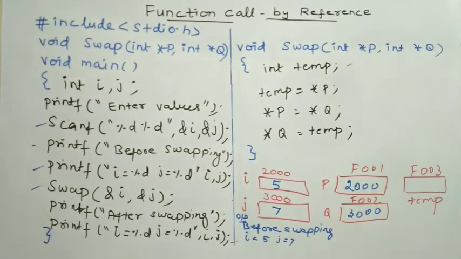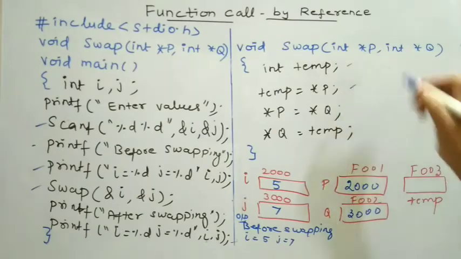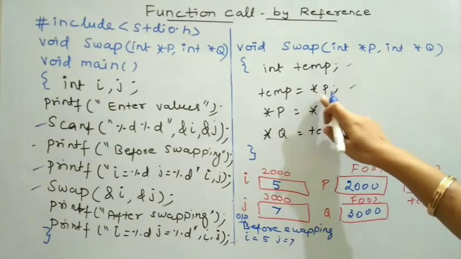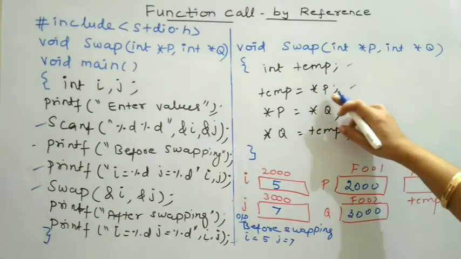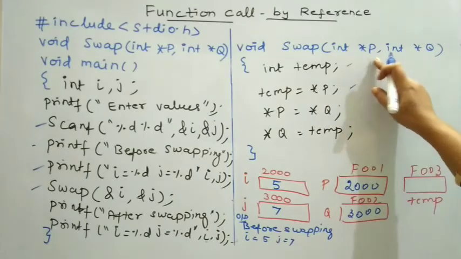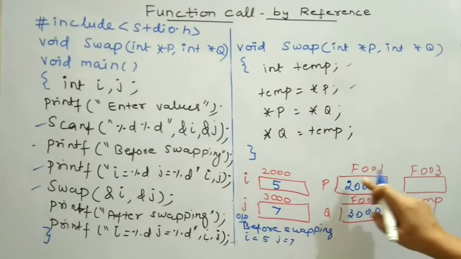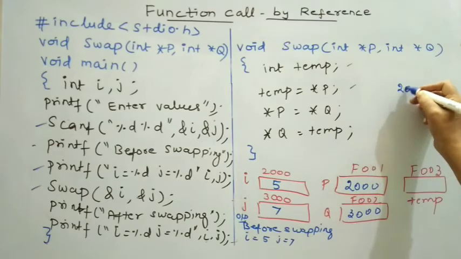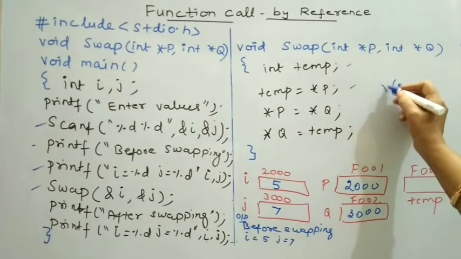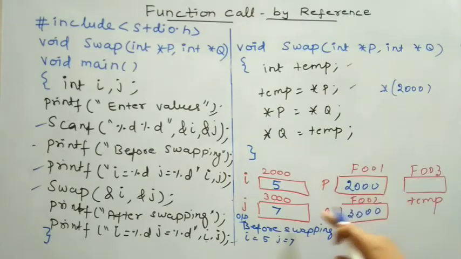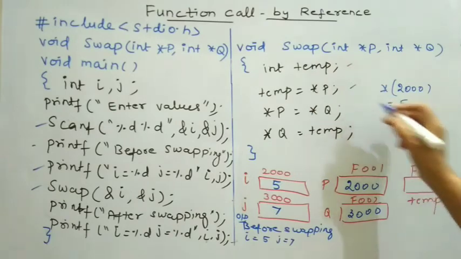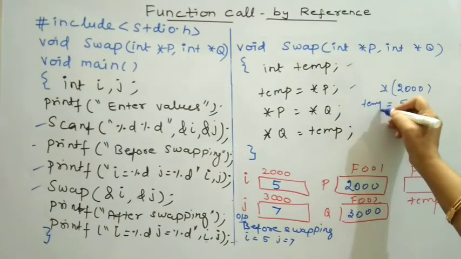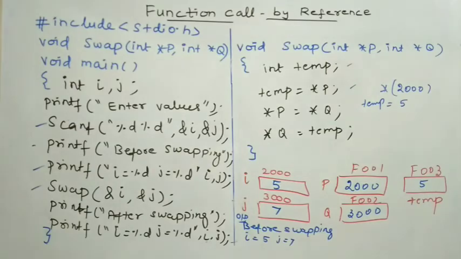Okay, then I am getting inside. There is no initial value for this temp. It will execute this assignment statement. When I execute this assignment statement, it gets the value of *p. So what is the content of p? Content of p is of course a memory address, since p is a pointer variable. What is the memory address this p is holding? It is 2000. This indirection operator will fetch you the content of 2000. What is the content of 2000? It is 5. Now 5 is assigned to temp. So temp takes the value of 5.